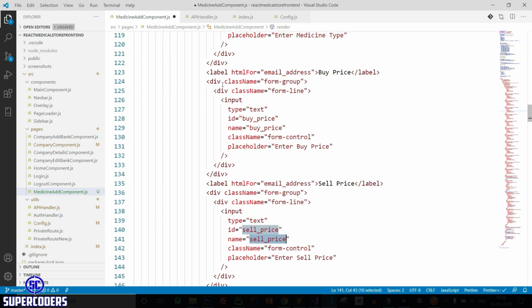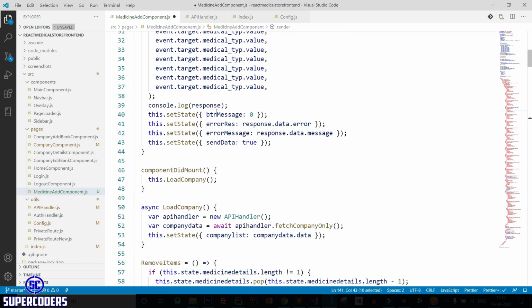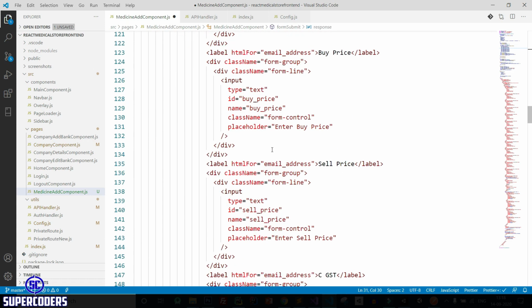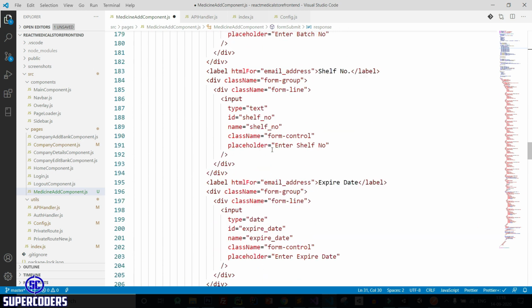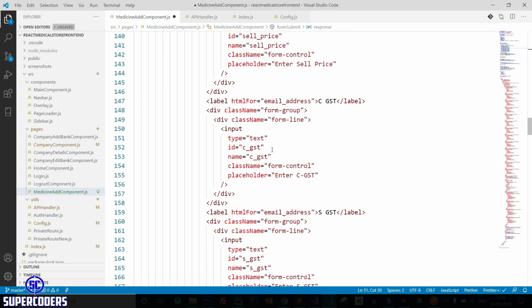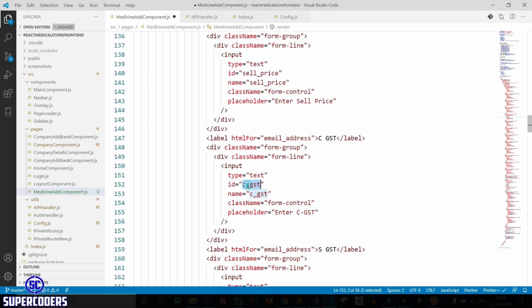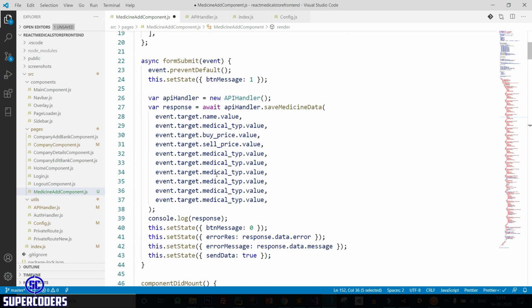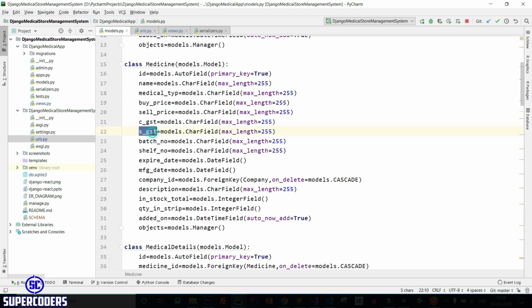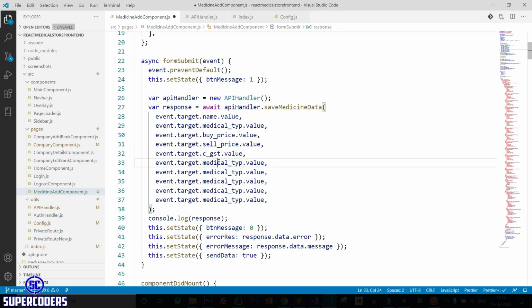So copy this, buy price, sale price. After that next is CGST. Copy it, paste here, or you can check directly from PyCharm. It's very easy. So simply SGST, paste it.